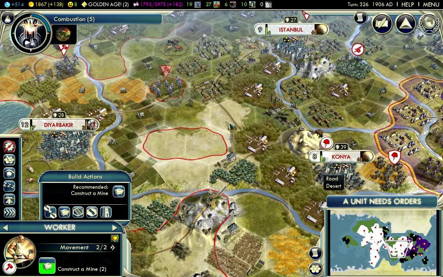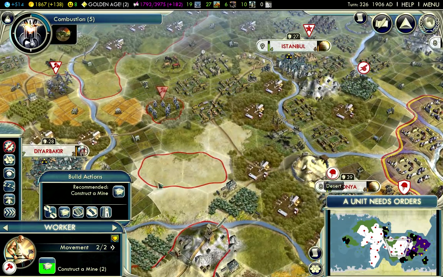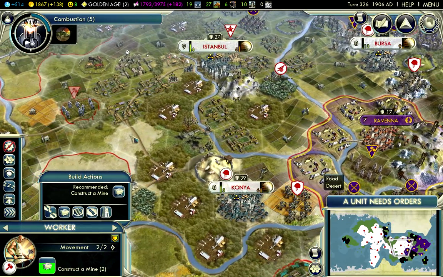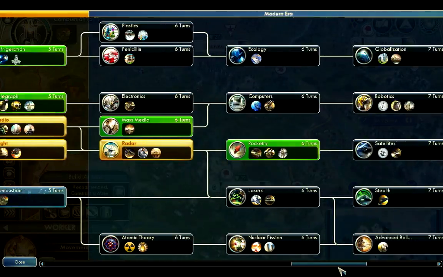So it's not required. By the time you get to uranium, you usually have a ground army that's able to take over other people. Just a ground army based on oil or aluminum, you don't need the uranium. Although atomic bombs are fun. And even more fun than atomic bombs and nuclear missiles are